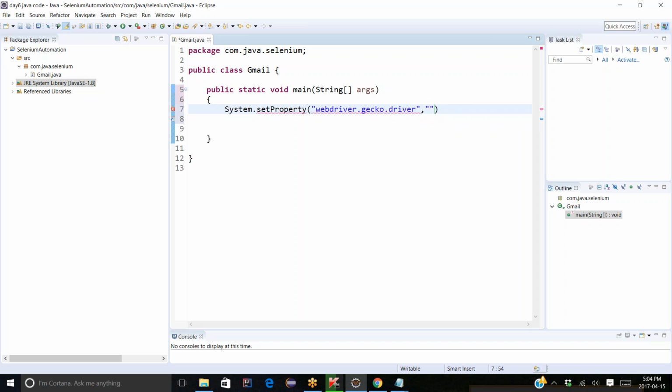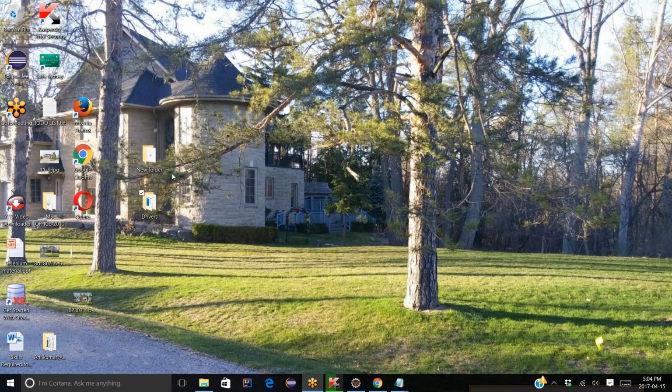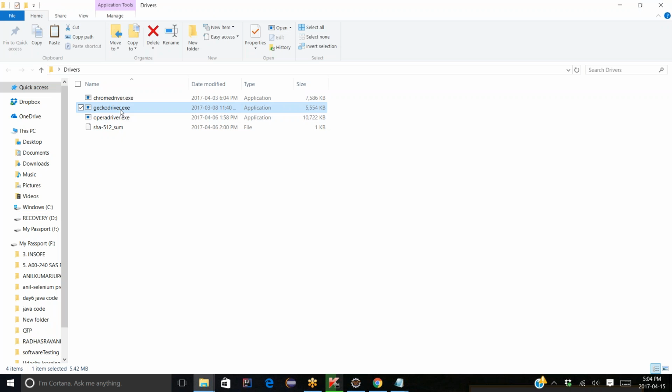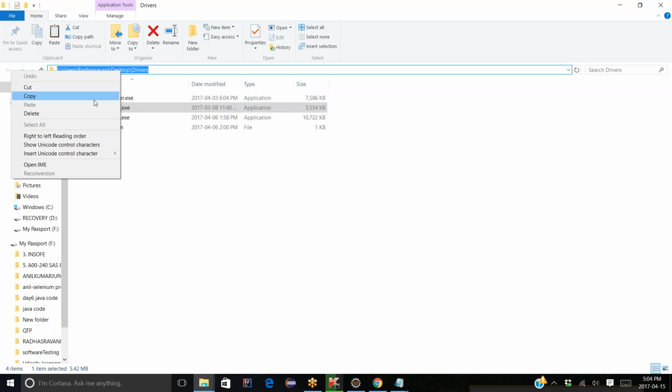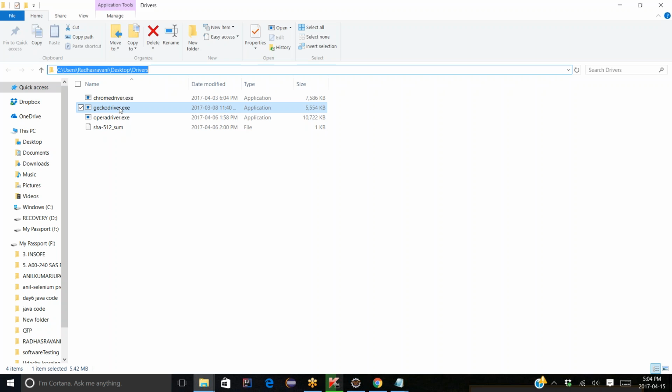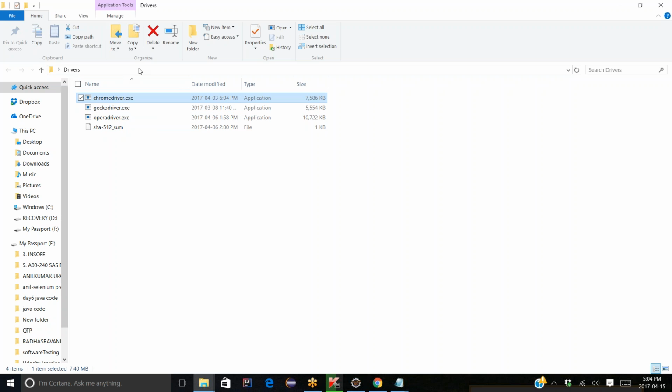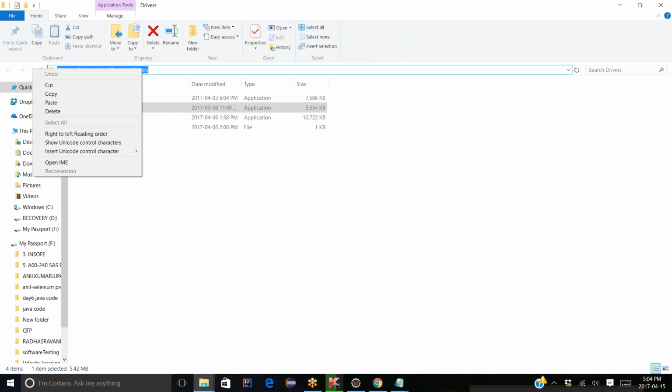Now give the path for the driver. How to give the path for the driver? Just see drivers, click the drivers, gecko, hit here, it gives the driver path. Copy this. Which browser are you automating? Firefox. So I click here, see the tick mark, and when you click here to automate, double click or single click is okay. And you can see this gecko driver. Let's go for Firefox, I'll automate. Copy this link,